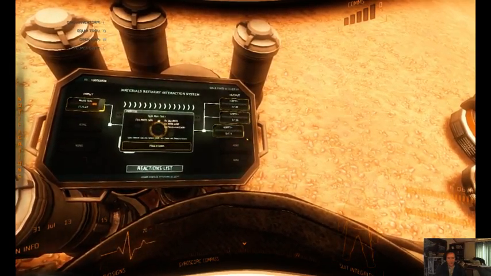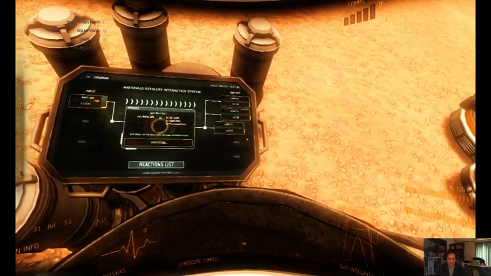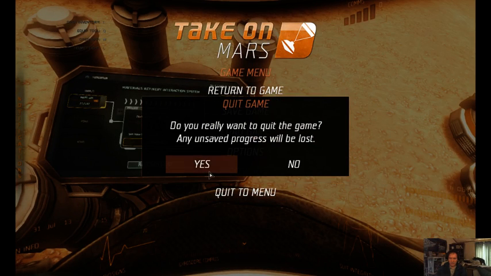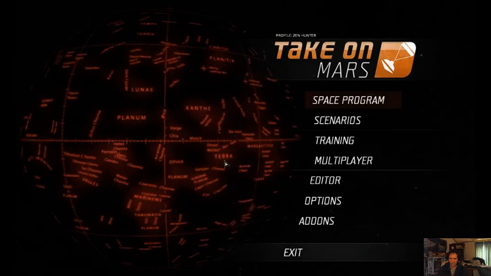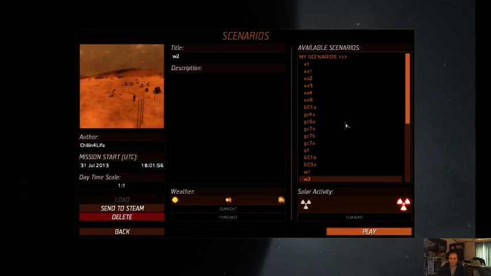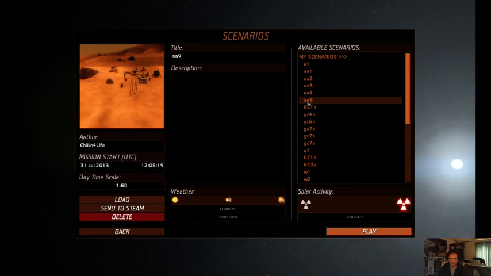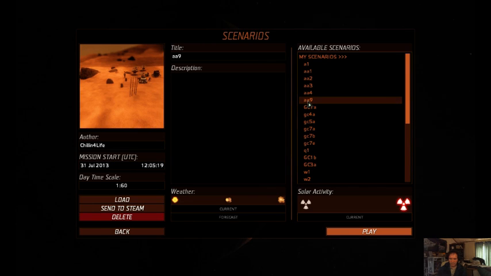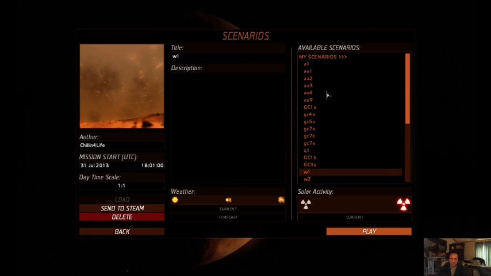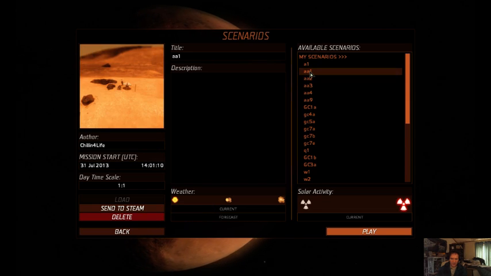Oh, this is just the Mars soil, isn't it? Alright, so what we're gonna have to do is go back. I'll have to redo the scenario. Actually, I wonder if I can load up, oh, the time is shown down there. See, that's 101, 160. One of these I thought was 124.